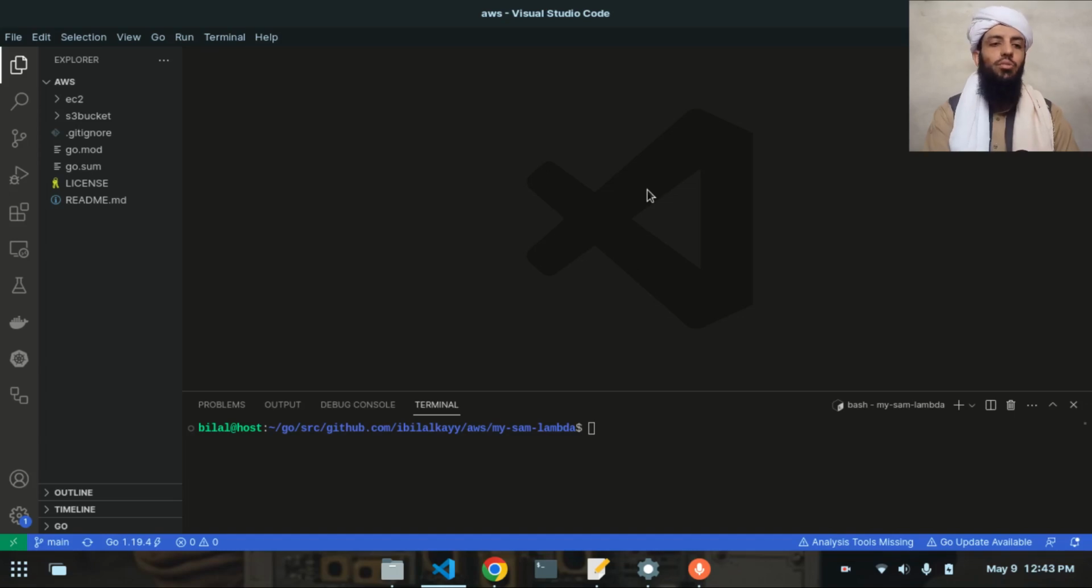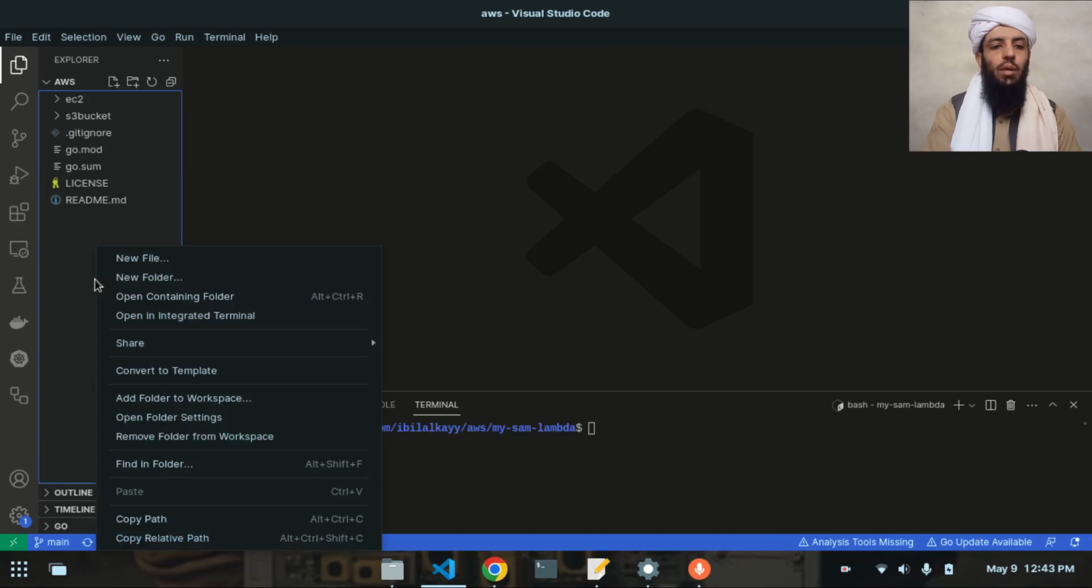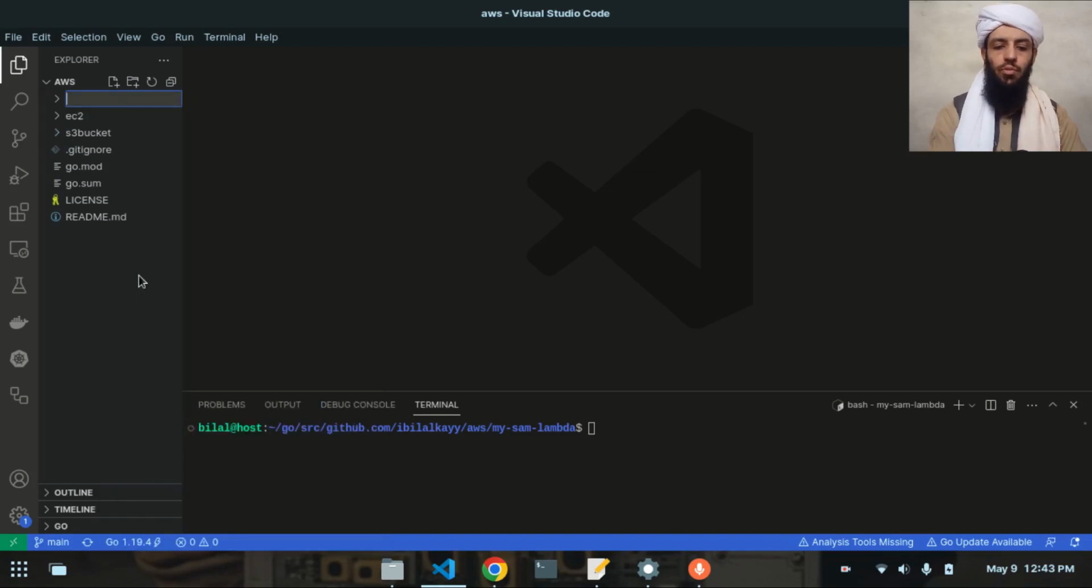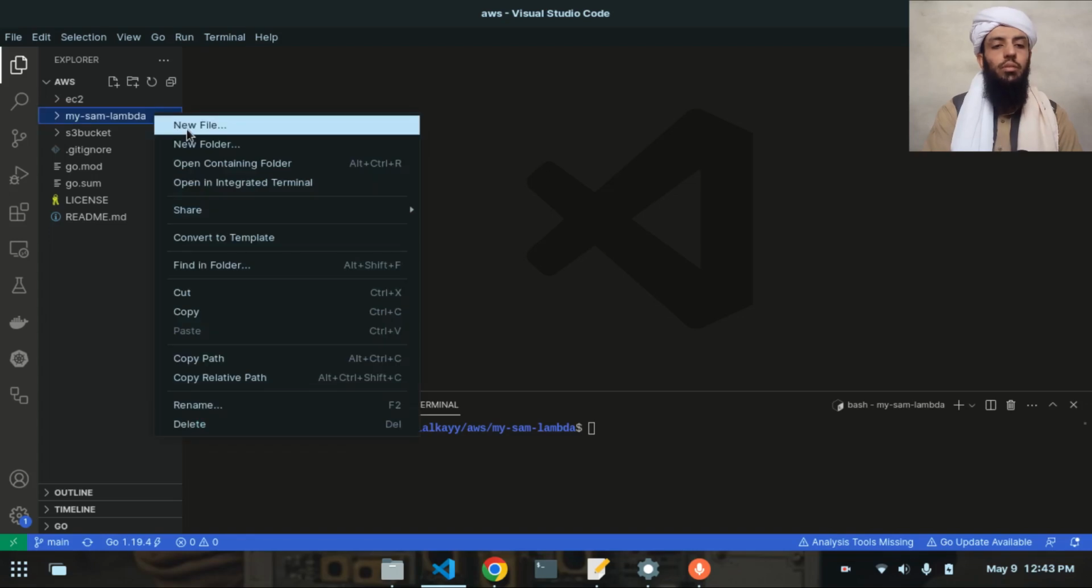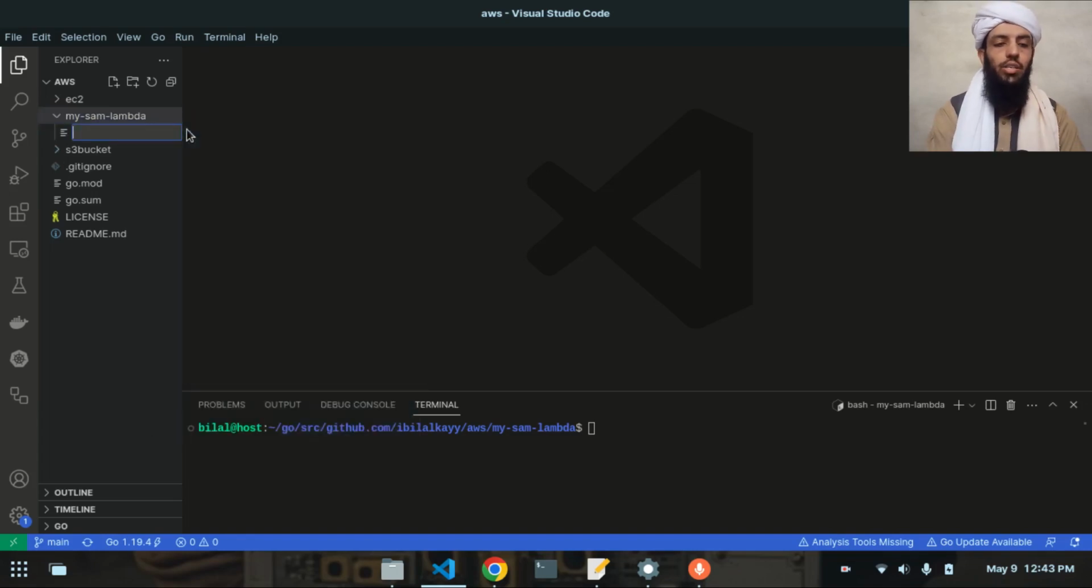All right. The first thing I'm going to do, as you can see here, is this AWS directory. Inside this directory, I created other applications also. But for now, I'm going to create another directory by the name of, let's say, my SAM Lambda. All right, my SAM Lambda, like this. Inside this, the first thing I'm going to do is write hello world,